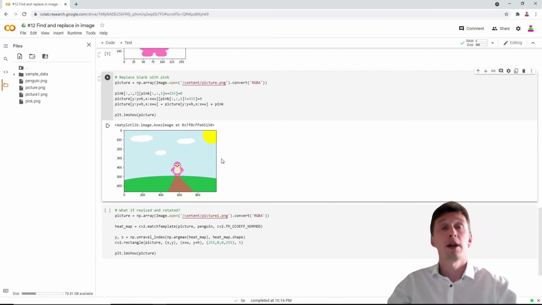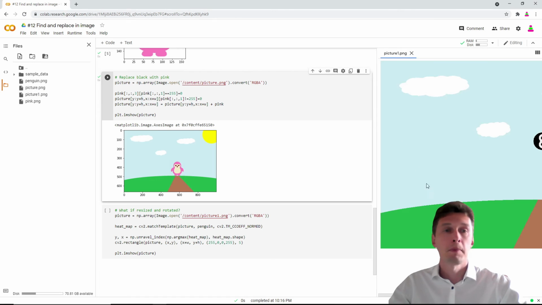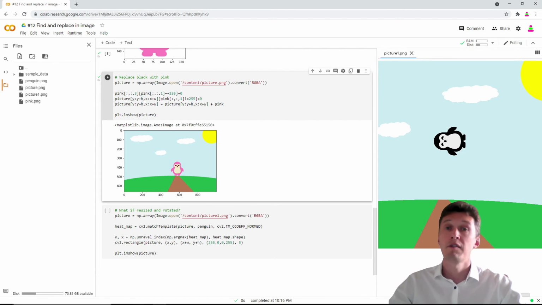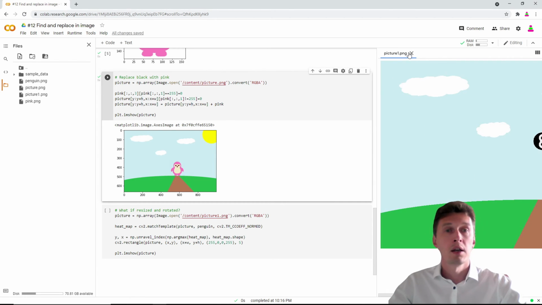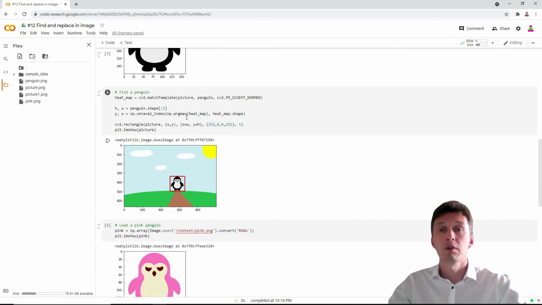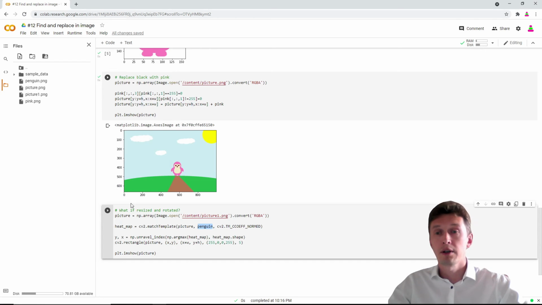Well, you may ask, okay, this is a same size penguin, vertical orientation, it's pixel by pixel matching, it's pretty simple. Where is AI over here? What if the penguin is rotated or resized? Okay, let's try. I have another picture. Picture 1, there is a smaller penguin, roughly 75% of original size, and it is horizontal, flying somewhere in the sky. And we'll use the same template, the same penguin from over here. Let's try to find him.